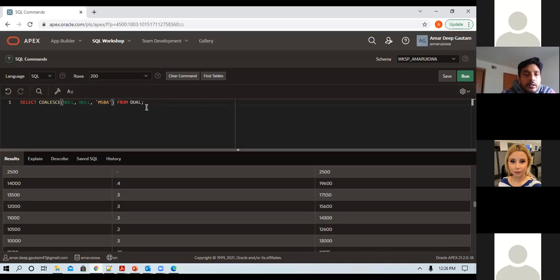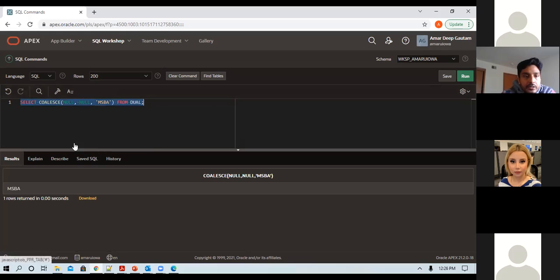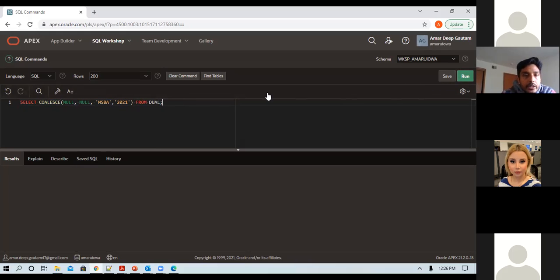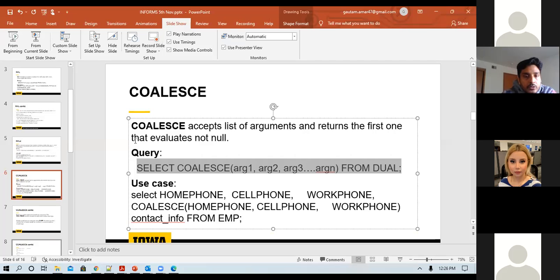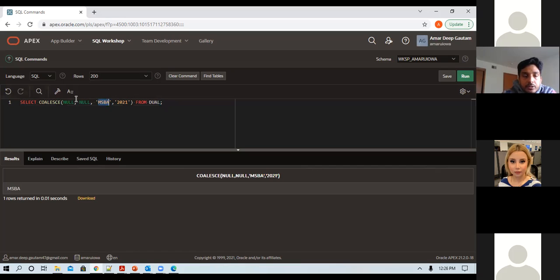So when I do this, I'll get MSPA. Why? Because this was the first one encountered. Suppose there was one more here, let's say 2021. Still you will get MSPA. This was the first not null encountered in this list. We can implement this using the case structure, but it provides you a simple function.